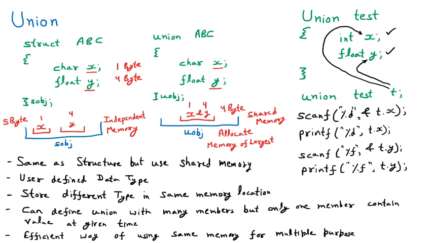Now the question arises where to use structure and where to use the union. See, the normal answer is if you are having very little memory and the limitation of memory is there, you can use the union. But there are some disadvantages also. Only one member can access the memory at a time, one can be allocated at a time, you can work with one member. But if you are not having a memory crunch, you are having sufficient memory, use the structure then. There you can work with independent members, all can work together, all can define the memory at the same time. So that is all about the union. And now we are going to discuss the difference between structure and union.